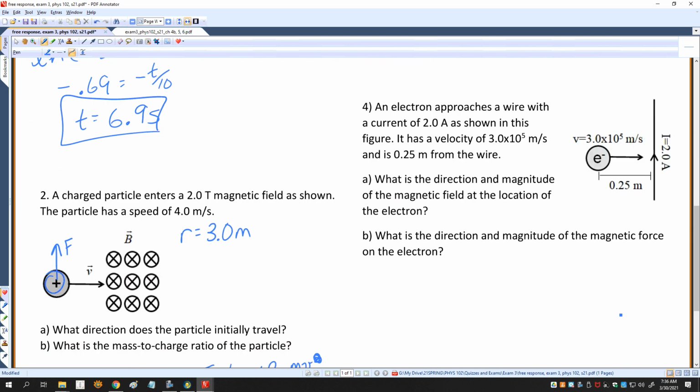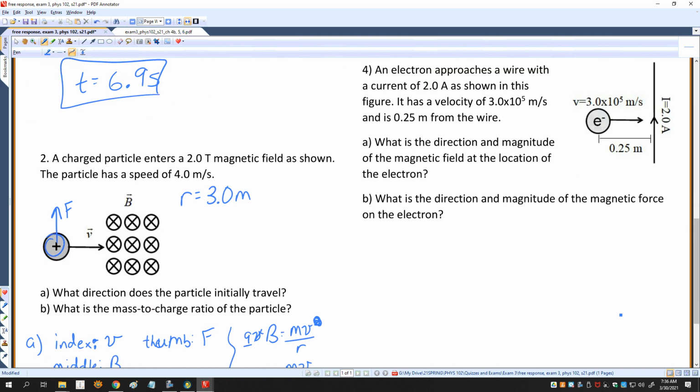That's theta 3. An electron approaches a wire with a current of 2 amps as shown in this figure. It has a velocity of 3 times 10 to the 5th. This is I, this is V, and this is the distance. So I think we call this R in the equation. First I want to know what is the direction and magnitude of the magnetic field at the location of the electron. So if I go back to my equation sheet,